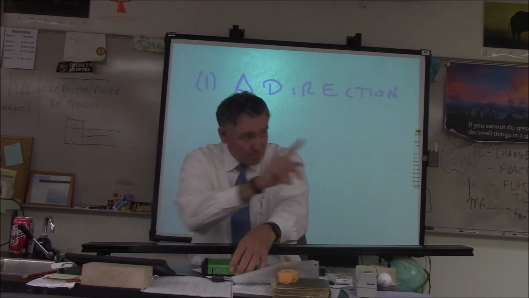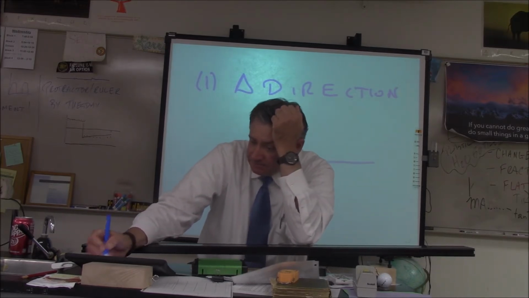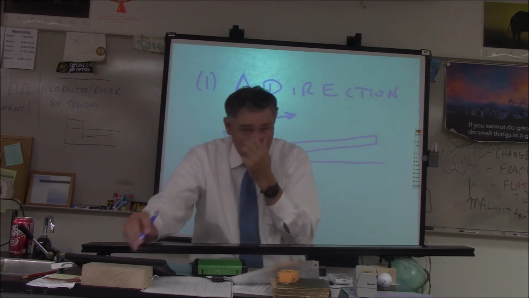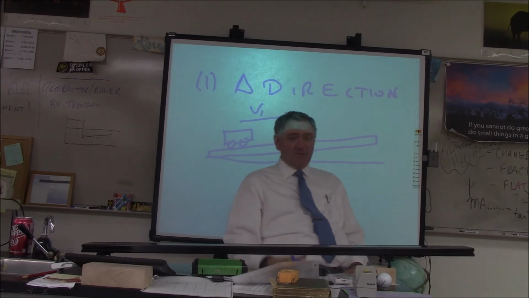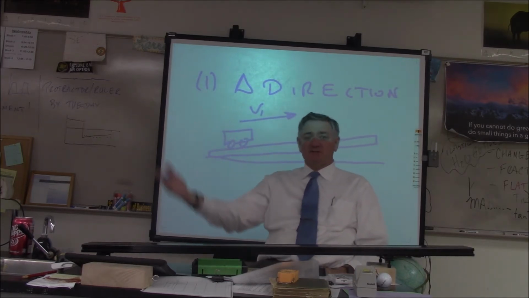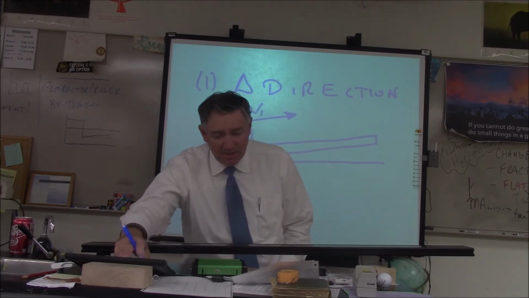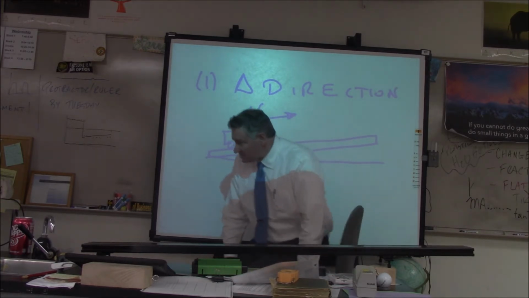All right, so you said we're going to change direction, which is spot on. Now, at the bottom, here's your ramp. You're going to give this thing a push, right? And it's going to have some initial velocity. Now, one of the things we're going to do a lot is I'm going to ask you to draw what we call motion diagrams, where you draw velocity vectors and you draw acceleration vectors. And you're going to do this on the lab. So I'm going to say, okay, here's this initial velocity vector, v1. So as this thing goes up the ramp,